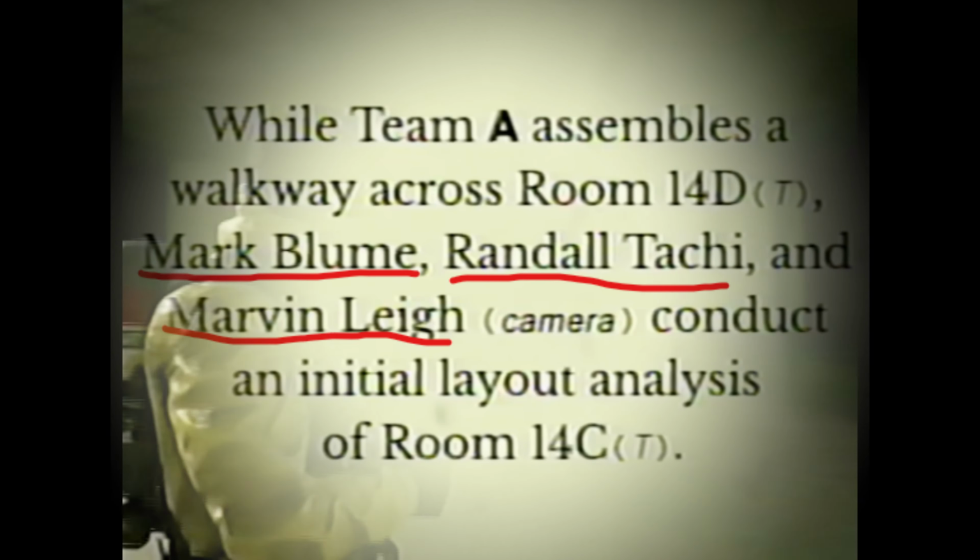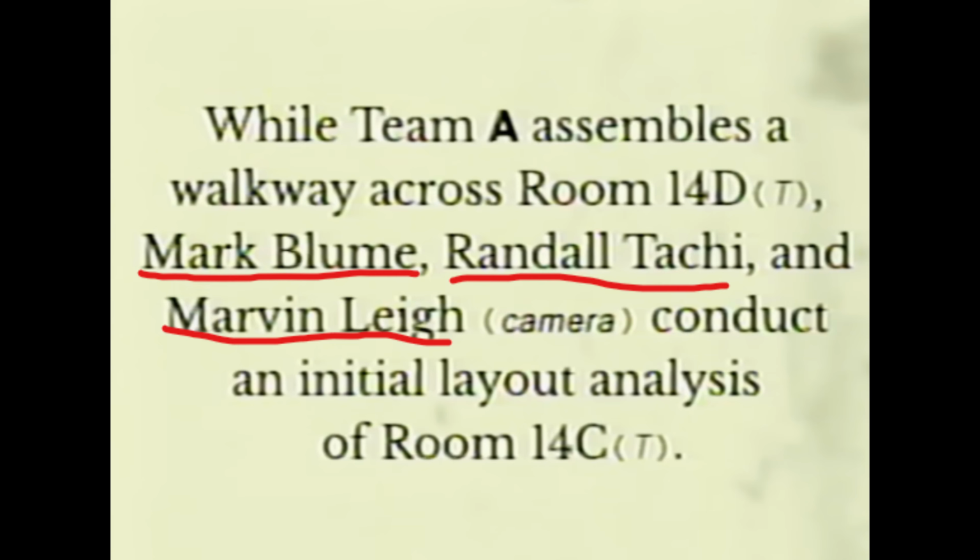There is a total of 3 people there to explore: Mark, Randall, and Marvin, the cameraman. As they continue exploring, they come across a different part of the backrooms. The 3 continue to look around and find a strange map written on the walls. The map doesn't seem to have any writing on it, but it does look like the entrance to the backrooms and the path they took to get there.